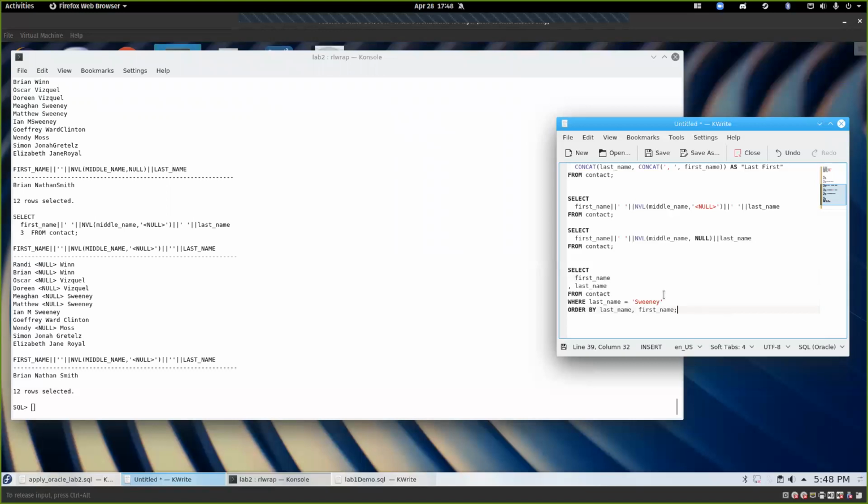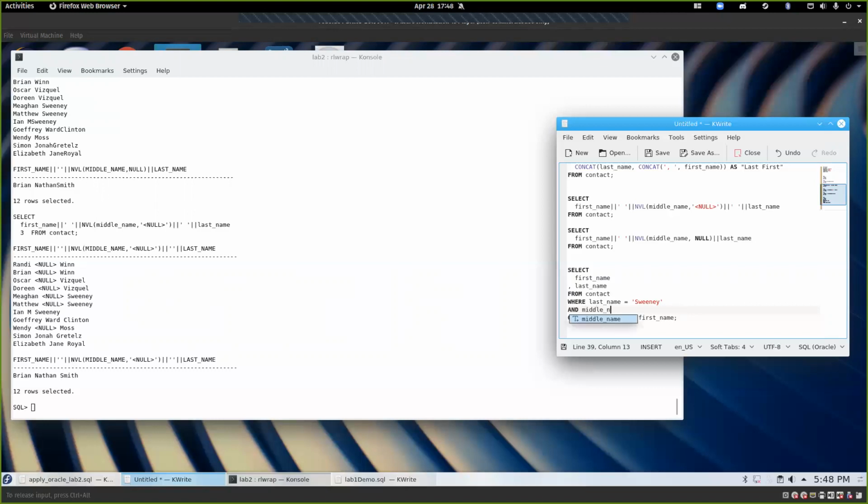All right, one more thing that I wanted to show you, because I realized that we showed a where clause, but what if we want all the Sweeneys where middle name is null? Let's say we're trying to fill in some missing data. So we're going to have two conditions. Do we put another where? Well, that would actually throw an error. You can only have one where clause, but after where you can filter by multiple things by saying and. So we say where last name is equal to Sweeney and